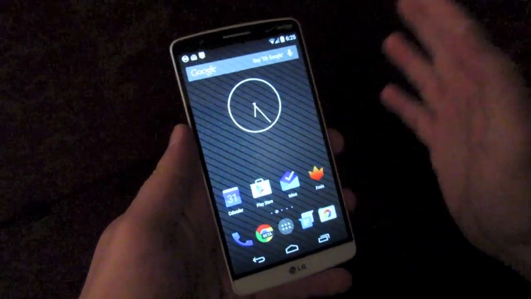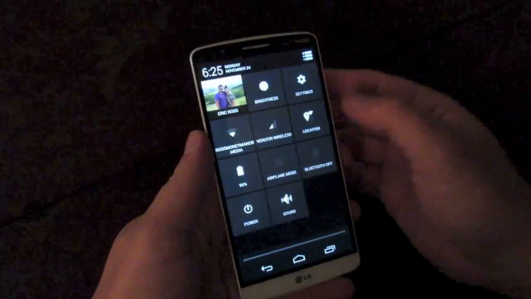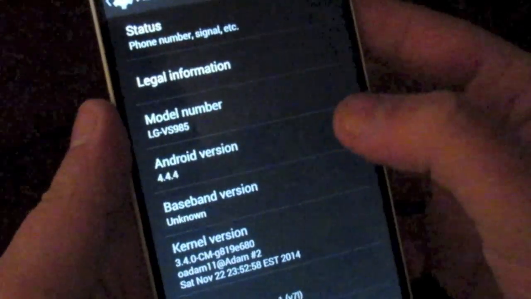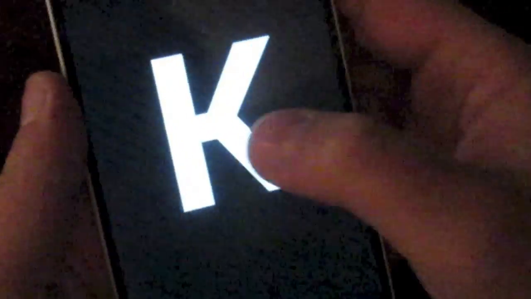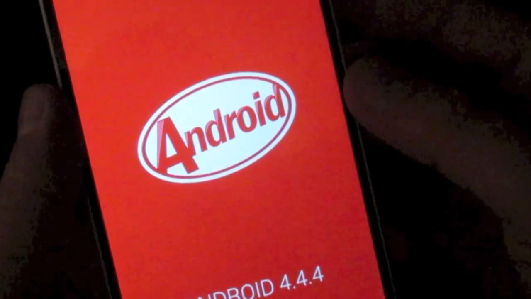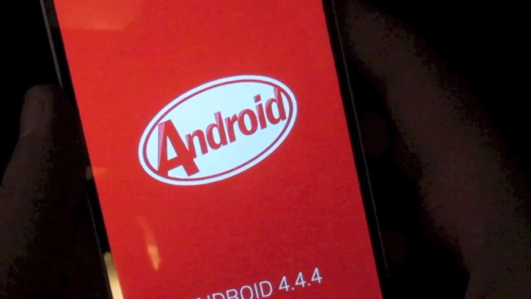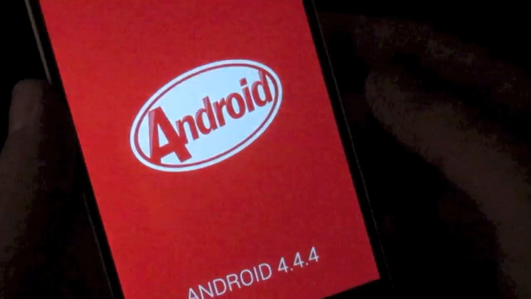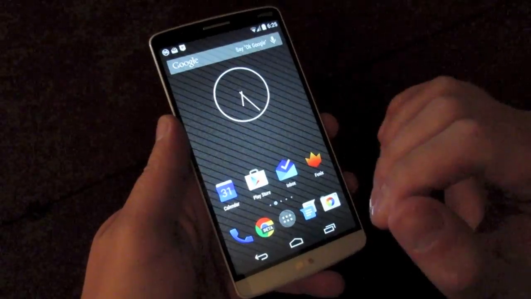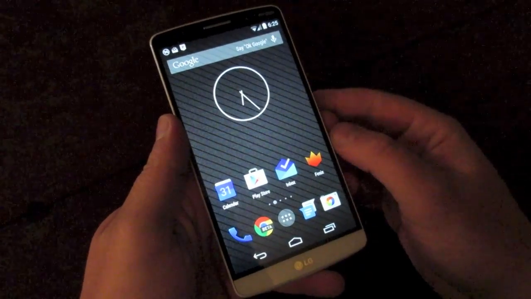So here it is. Mahdi Rom, like I said, is based off of KitKat. I can run down here to About Phone, see Android 4.4.4. Now, this is based off of CyanogenMod, so it's got the CyanogenMod kernel and all of the goodies from CyanogenMod underneath. But Mahdi has gone through and added some customizations that you don't get in CyanogenMod, so